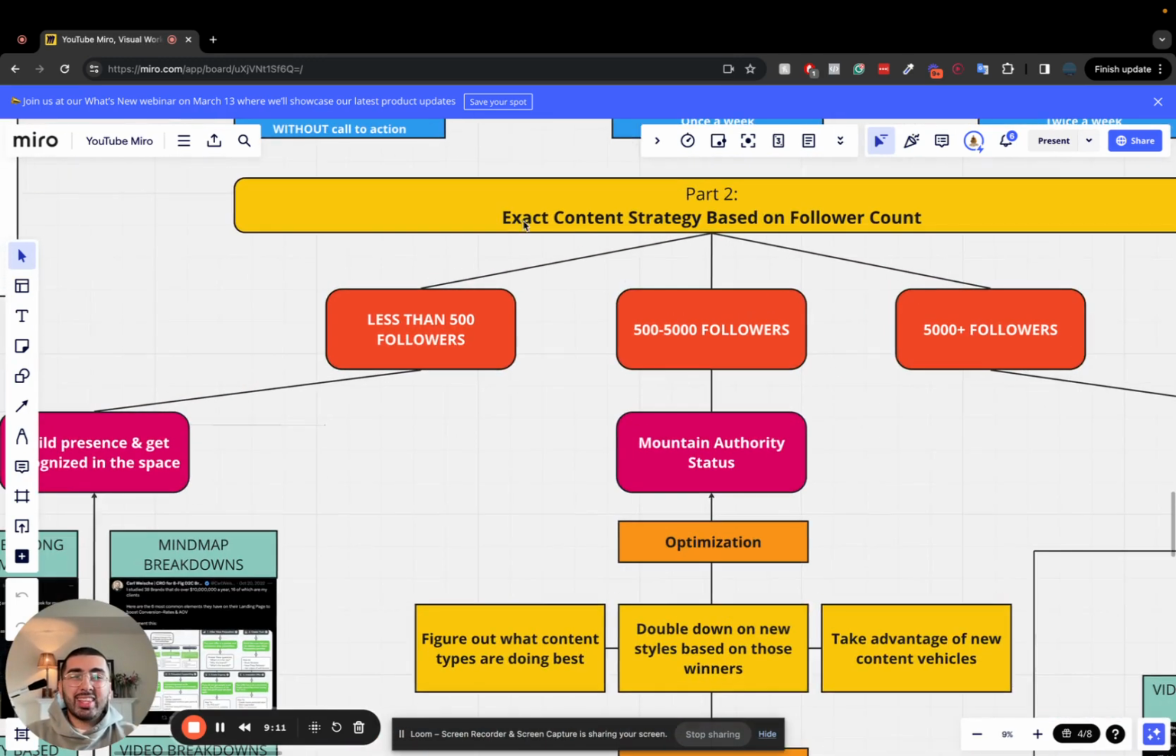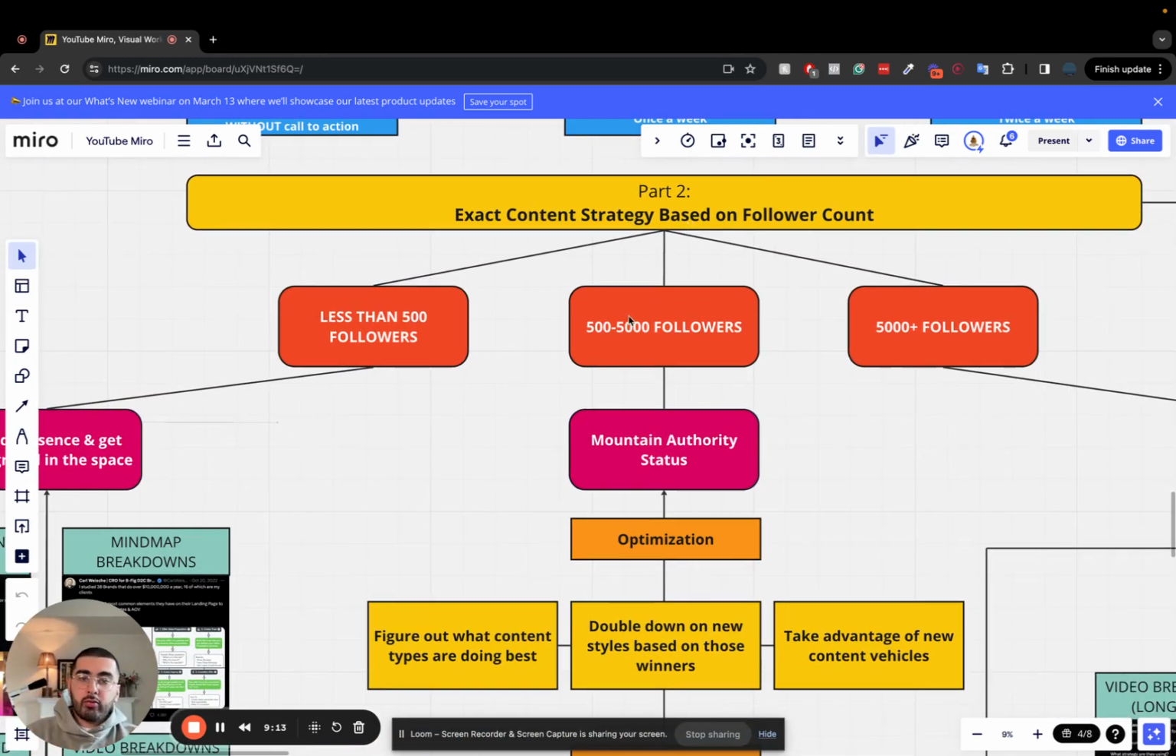Part 2 is now we look at the exact content strategy based on your follower ranges. So I don't like when people try copying a content strategy. The reason I had so much success with all my clients who are building their presences on Twitter, on YouTube, on LinkedIn, with their email list is because we broke their strategy off based off their follower range and based off